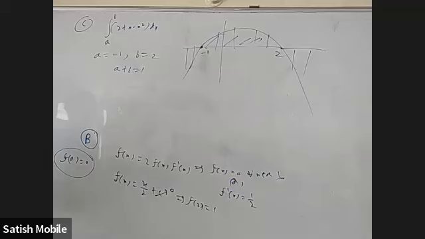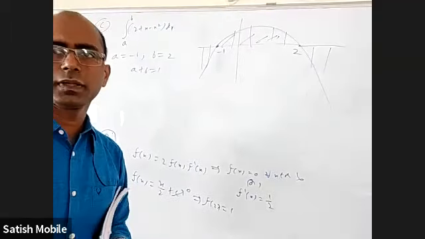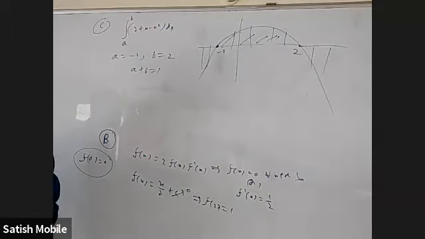Nothing to write. Otherwise, if you integrate it, it will come in terms of b and a, which is a cubic expression in two variables. You have to find the minimum. We are not studying calculus of two variables, which you'll study in engineering, how to minimize a function in two variables or three variables. Multivariable calculus, it's called.